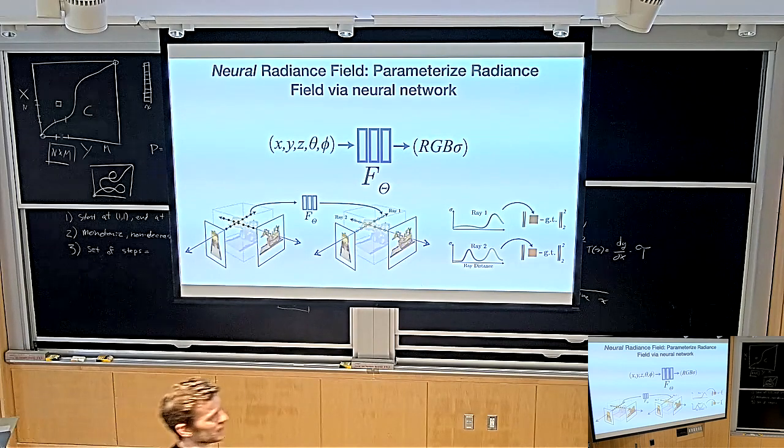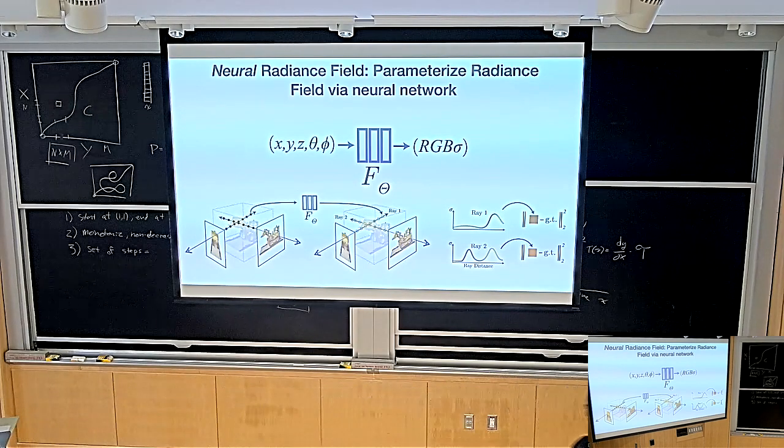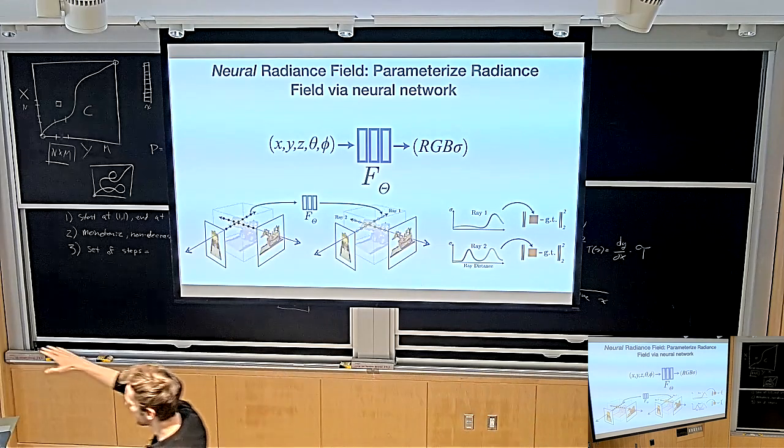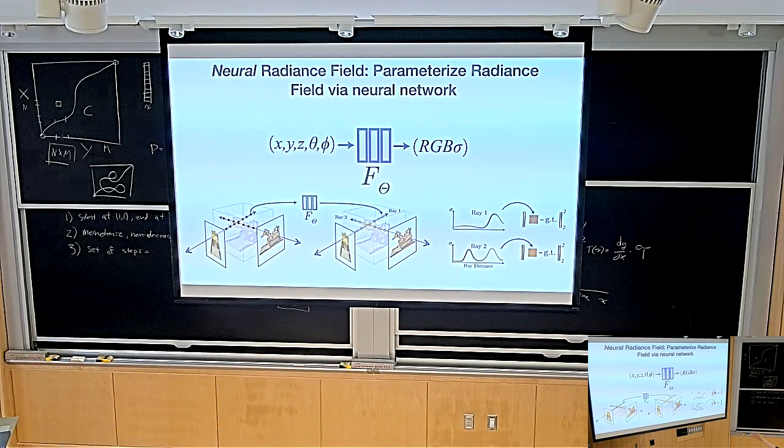So, as a summary, this gave rise to neural radiance fields. This is a paper from 2021. Well, I also just realized I forgot to include any of the citations in the slides. I'm going to update the slides to have the citations at the bottom. None of the slides today have the acknowledgements, which I have to fix. Okay, but let's take, for instance, neural radiance fields. This is from Mildenhall et al.